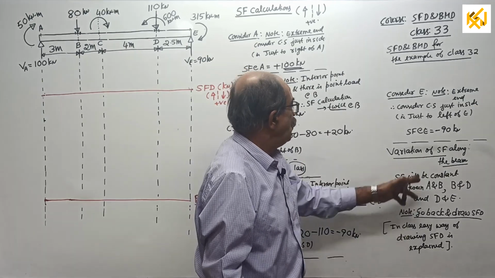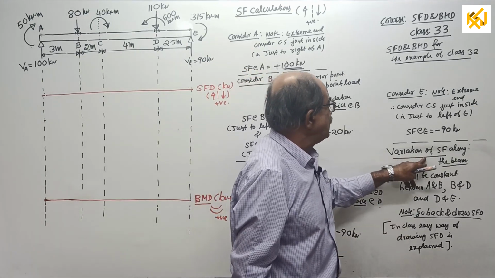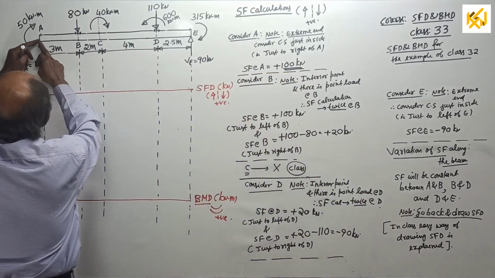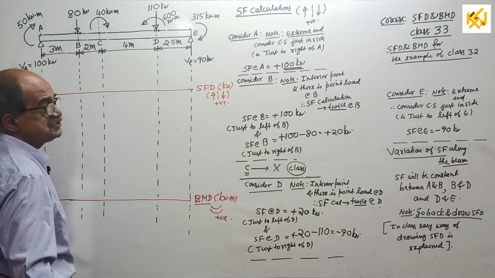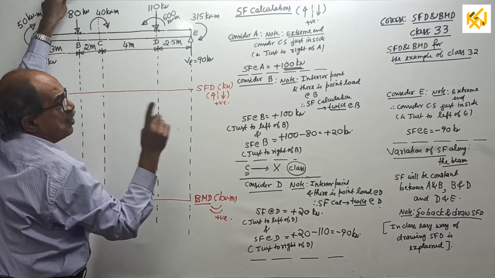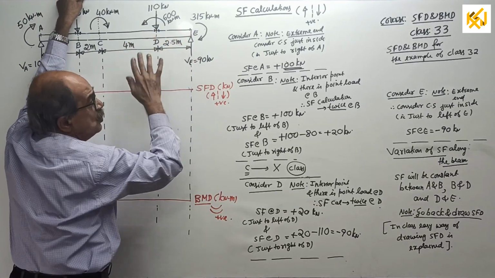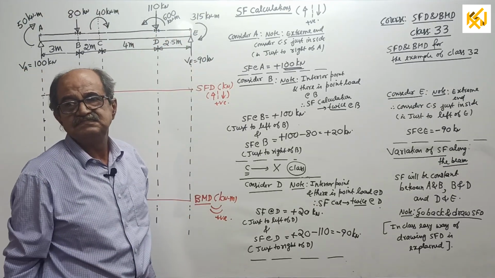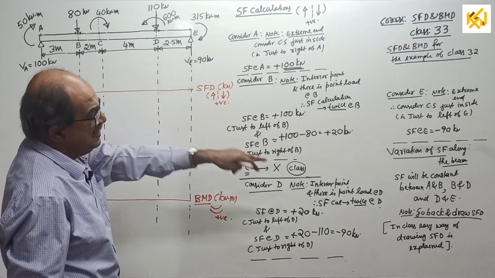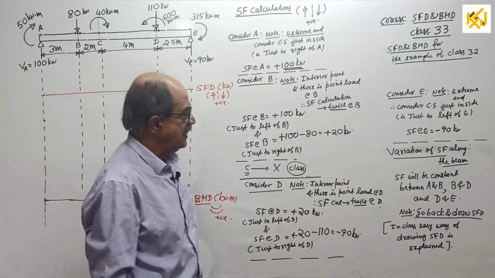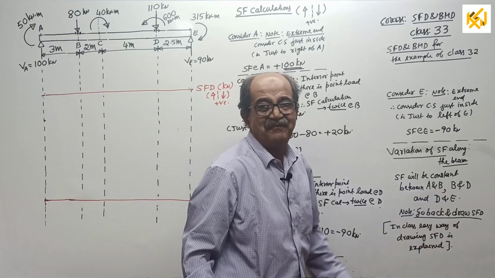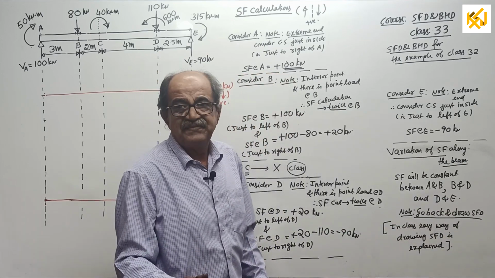Over. Now, one statement. Variation of shear force along the length of the beam. How is the variation? Between A and B, no load, constant. Between B and D, C is not considered. Again, no load, constant. Between D and E, no load, therefore constant. Or constant for AB, BD and DE. I have written it as a single statement. Then note, go back and draw BMD. Draw SFD. First I will draw SFD now.